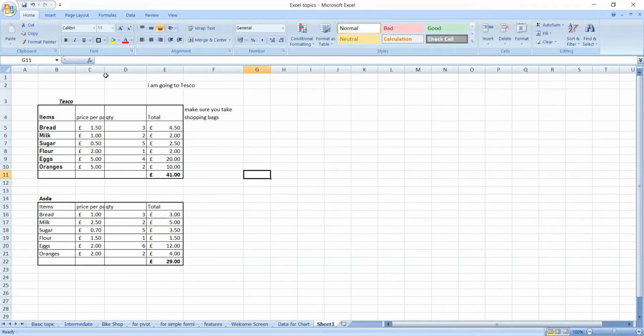And one other thing you can do as well, even though we've typed this in a table, if you want to put anything in between them, you can easily do that by inserting. You can insert either rows or columns. So for instance, I have my bread here, but I don't have anywhere to put the brand of the items I'm buying. I want it to be between items and price per pack. So what I can do is insert a column between B and C. And the way I do it is